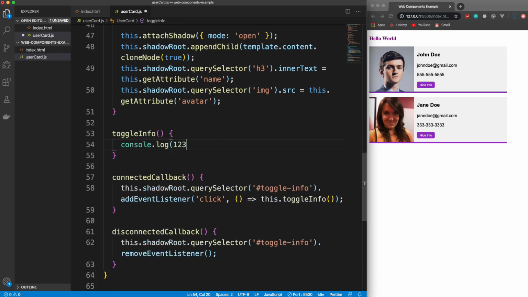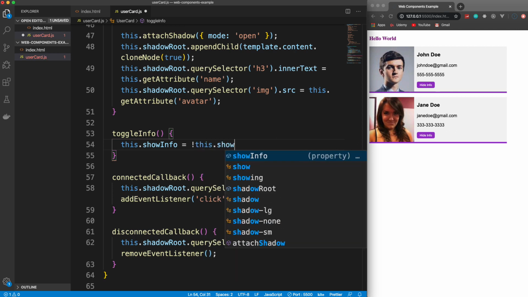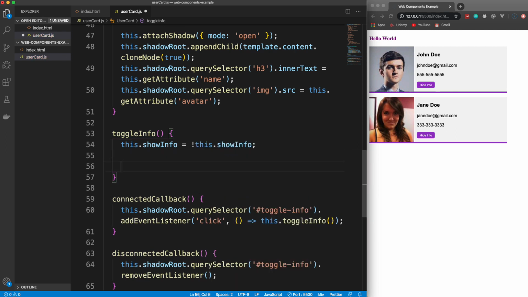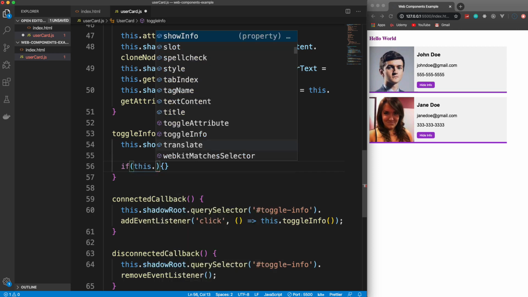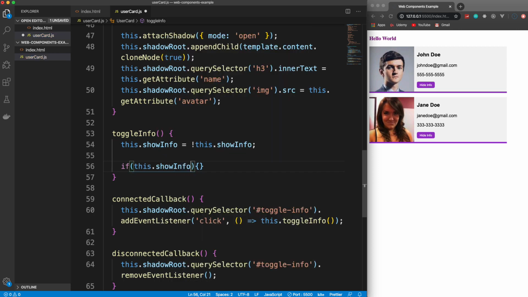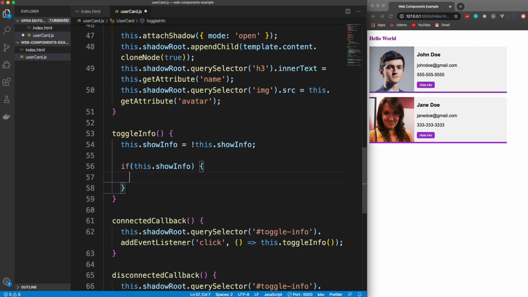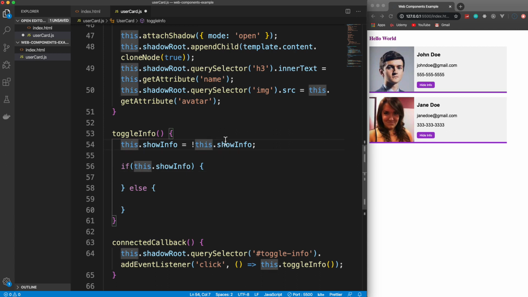And then inside toggle info, we can access that. So this dot show info, and we're going to set it to whatever it's not. So this dot show info, and then let's say if this dot show info, else. Okay, so we just basically want to change the display to hidden if we don't want to show this,